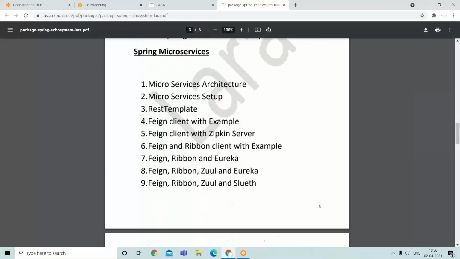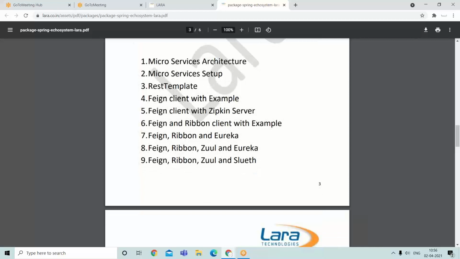Come to the Spring microservices. What is the architecture of Spring microservices? What is the setup? REST template: how we can call from one microservice to another microservice by using REST template. Same by using Feign client. While using Feign client, how we can use Zipkin server along with Ribbon, usage of Eureka, and even Zuul,